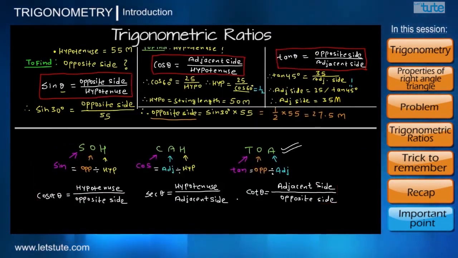Now one more important thing that you should know is sine always deals with angle theta, opposite side and hypotenuse. And if we know any two of the three values, we can know the third one. Similarly, cos always deals with angle theta, adjacent side and hypotenuse. And again, if we know any two of the three values, we can know the third value. And the same goes for tan. Tan always deals with angle theta, opposite side and adjacent side. And again, if we know any two of the three elements, we can get the value for the third one.